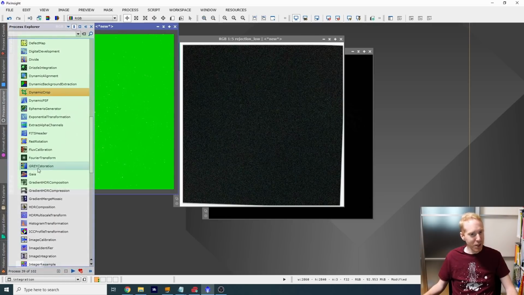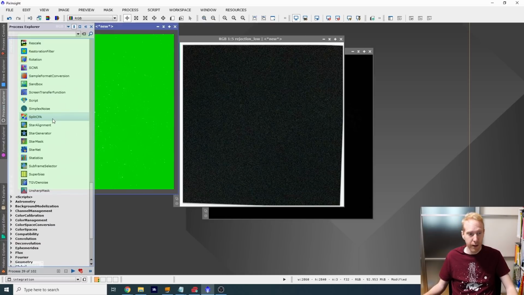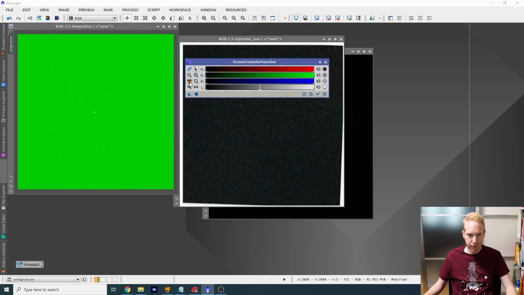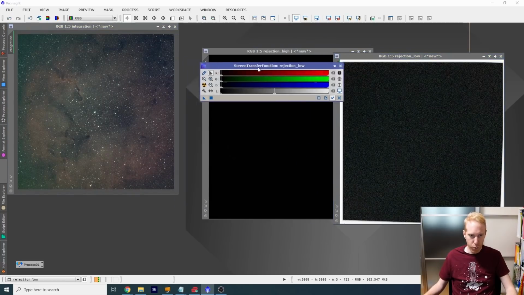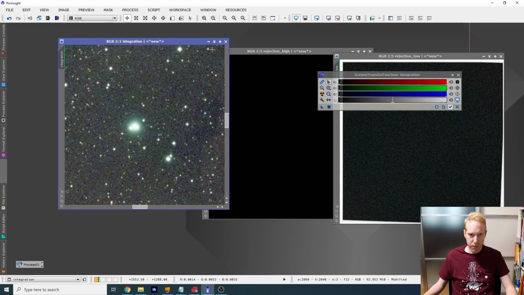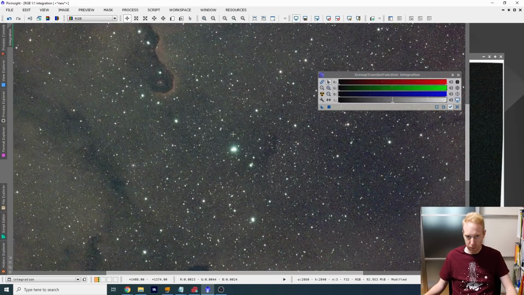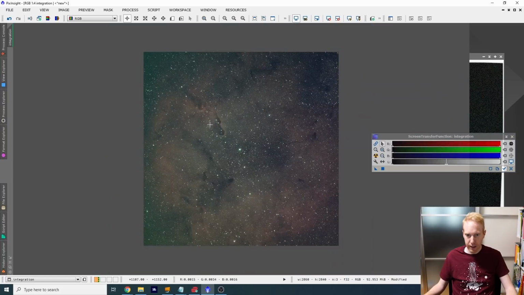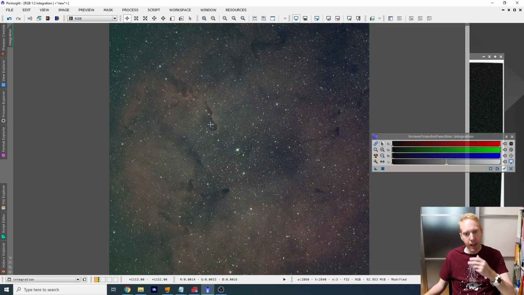It's completely green, which makes sense because of all of the green pixels that we have in the camera. So I'm going to launch the screen transfer function, unlink it, click here, and then we can see what we get. Now, obviously, this is not a lot of data from Tokyo, under the moon as well to some extent. So we're not getting exceedingly good data, and I do not see a lot of blue that the unlinked stretch is revealing, which means that instead of using unlinked stretch like I did with my North America Nebula video, for instance, which you can check out here, by the way,